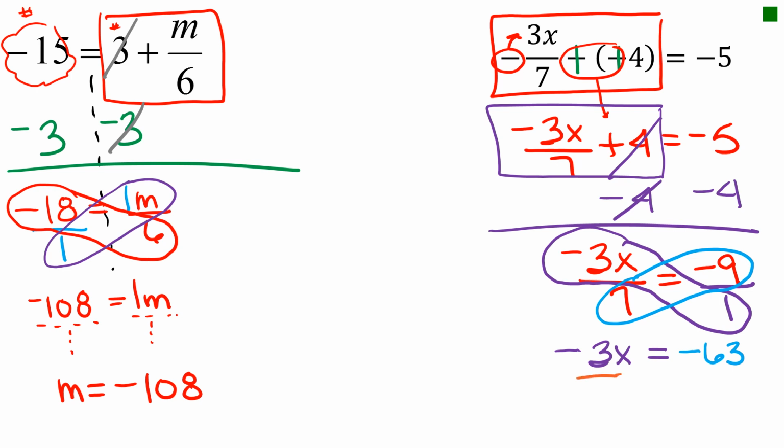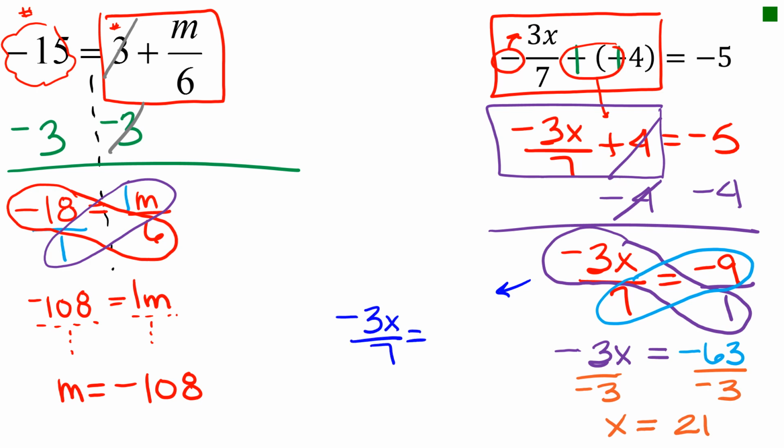Then I'm right down to a one-step equation. I'm going to divide both sides by negative 3. So x is going to equal 21. Now, a little disclaimer here. I'm going to move this little thing here, and I'm going to rewrite negative 3x over